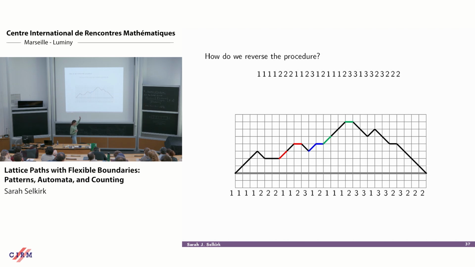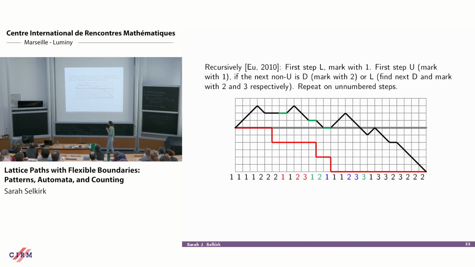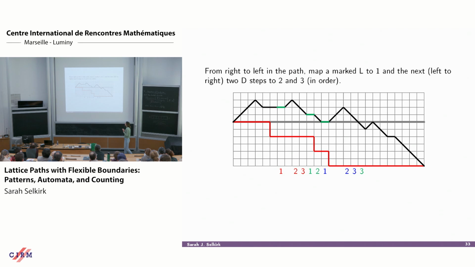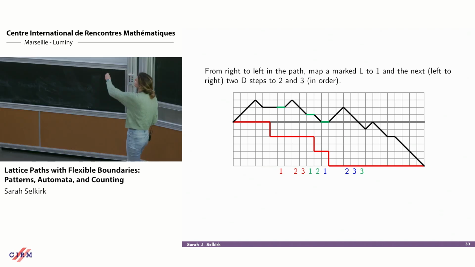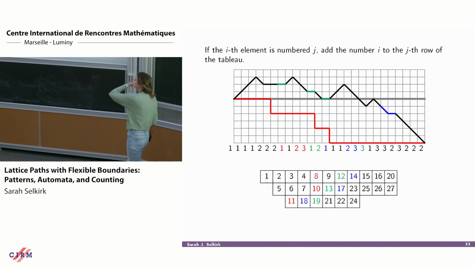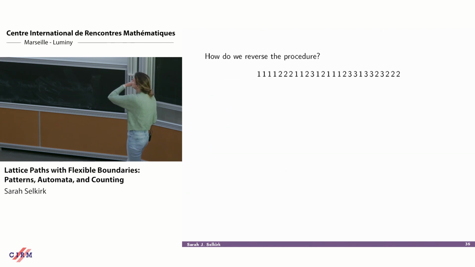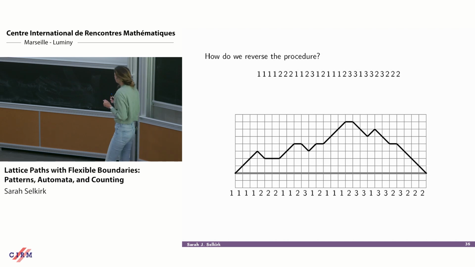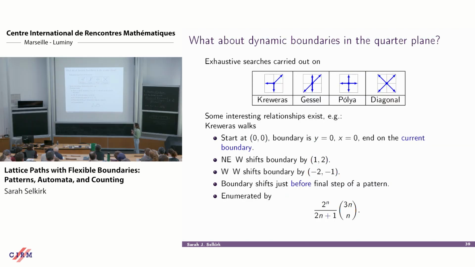You go to the first up step at the bottom of some sequence of up steps just before that step. You mark that. And then you mark the first down step afterwards. And this will give you sequences of 1, 2, 3, which then correspond to your original marked 1, 2, 3s that are there, okay? And then using that procedure and doing the reverse procedure for building up the 1, 2, 3s, you then end up getting back to the moving boundary path. Okay, so